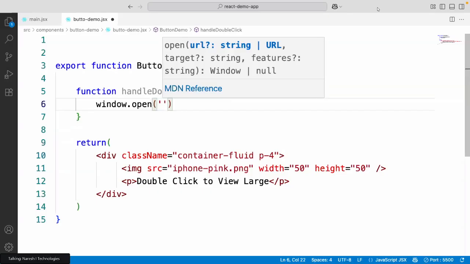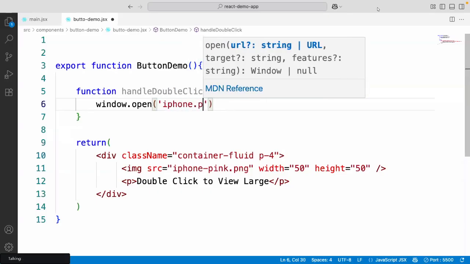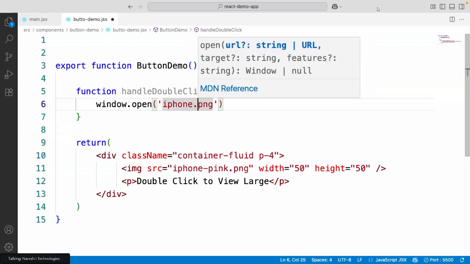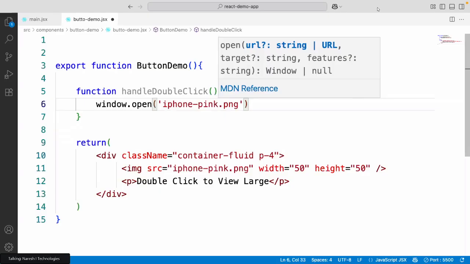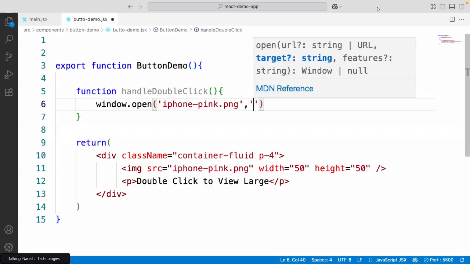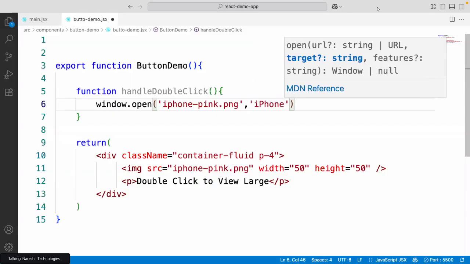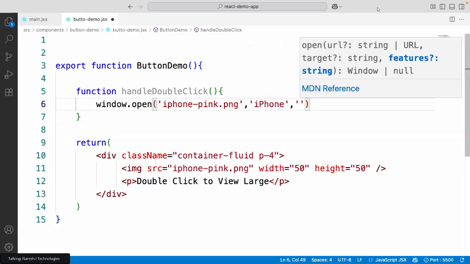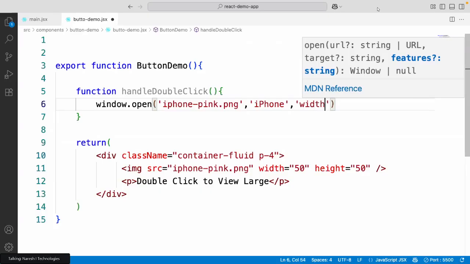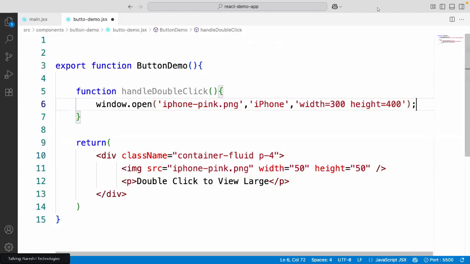Window.open, file name. What is the file name? iPhone dot iPhone pink.png. And what should be the title of this? Title is iPhone. And what should be its width and height on screen? Width I will give as, suppose, 300 and height as 400, like this. That's it. Now on image, handle